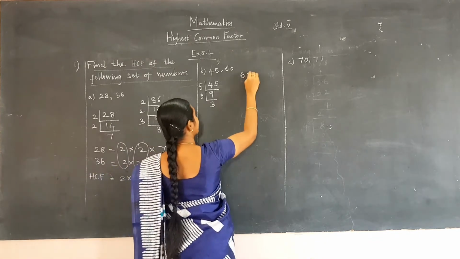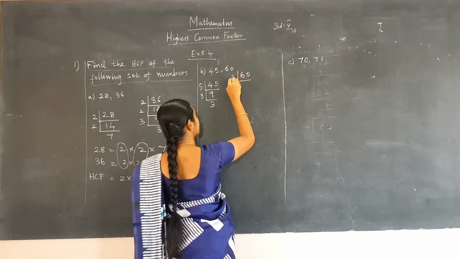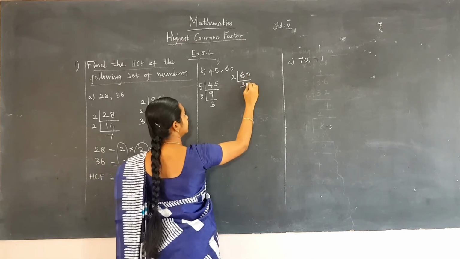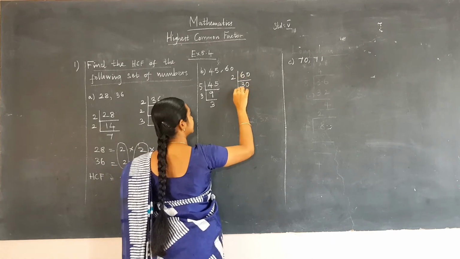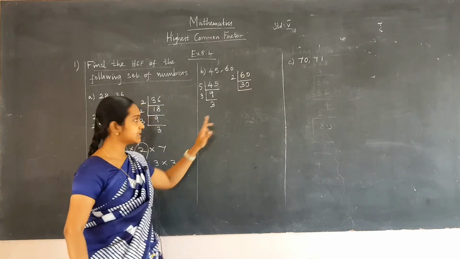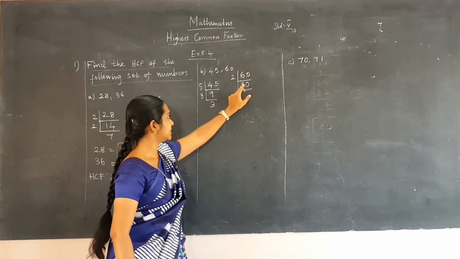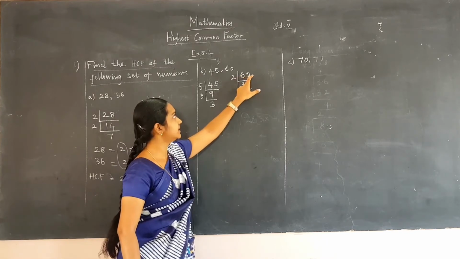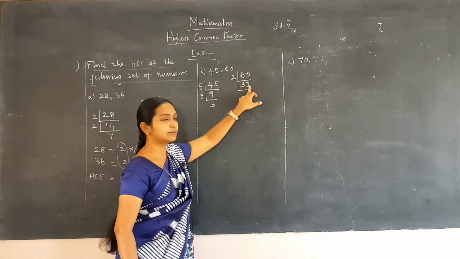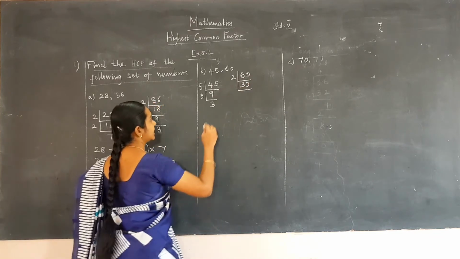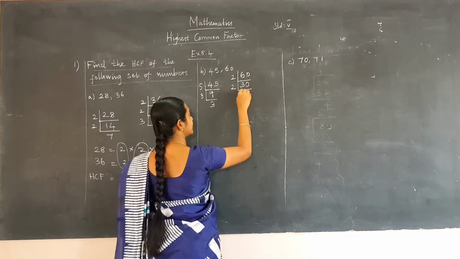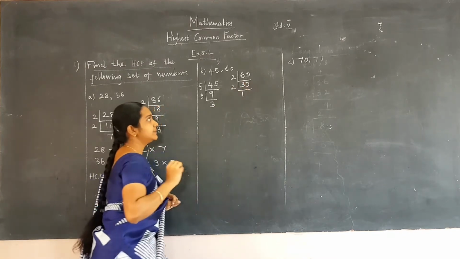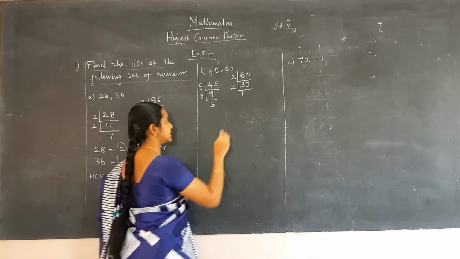Next we are going to factorize 60. 3 into 2 is 6 and here we have 0, so put a 0 here. I have factorized only 6. 3 into 2 is 6, but 0 remains here. So we have to put a 0 here. Again factorize it with number 2. 2 5s are 10. So the number will be 10.